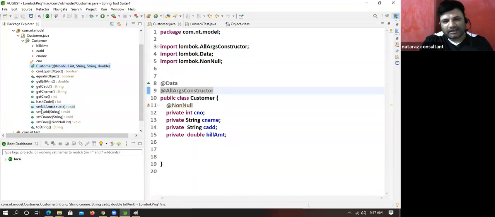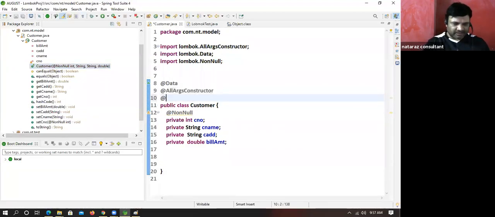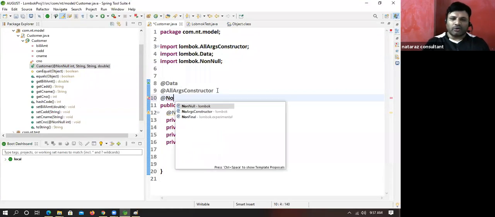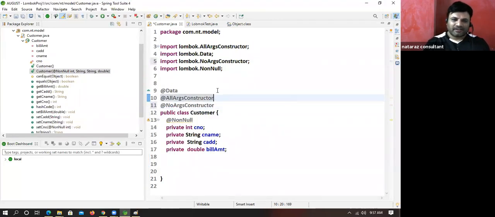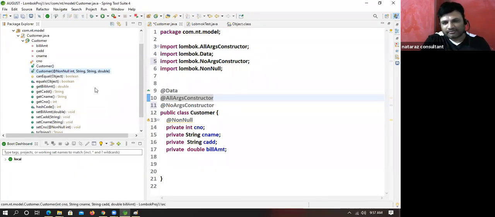Are you understanding my point there? So that's why there is no effect of @RequiredArgsConstructor, since I placed the all args constructor. Now you observe. Now no args constructor has come, parameterized has come, but still that has not come.